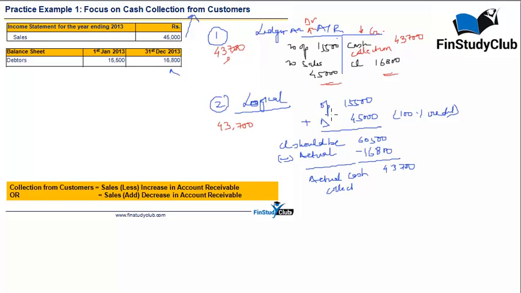The logical process says your opening balance was this, that means this was recoverable from the previous year. During the year you have sold these guys a further 45,000, that means the recoverable total should be 60,500 in the balance sheet, but your total balance in the balance sheet is actually appearing only 16,800, which is possible only when during the year you would have received a cash of